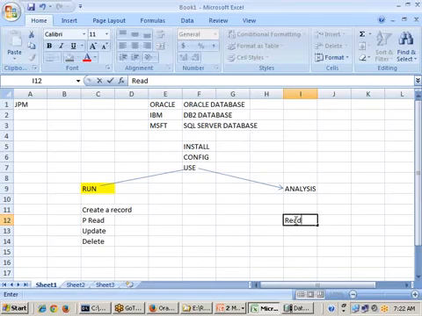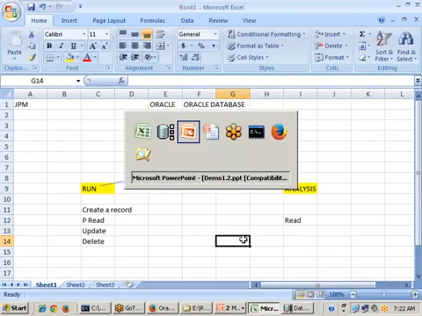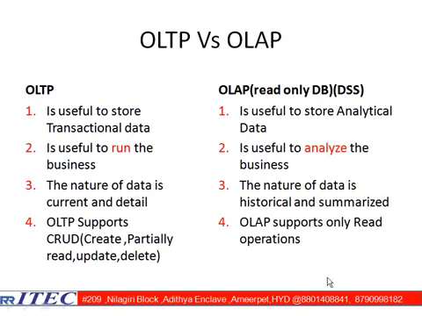From that analysis, I am going to take a decision. Okay, we are very clear on that. So analyzing is nothing but only reading is required. Analysis means what, sir? Only reading is required. That is what we are trying to tell here. One point. That point is